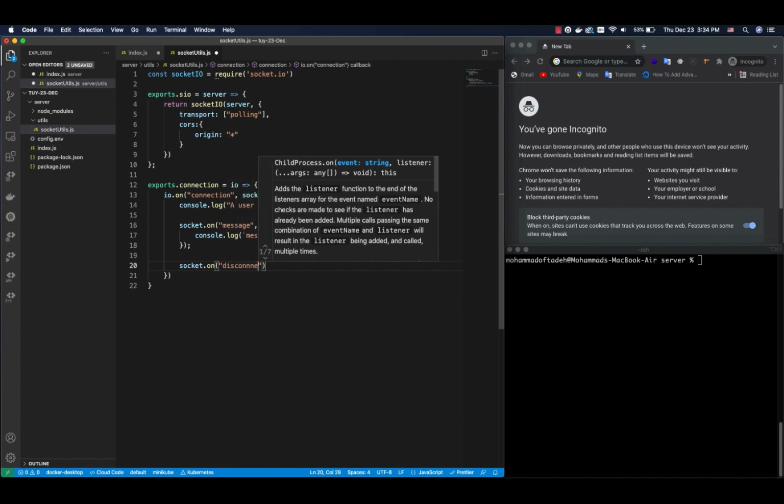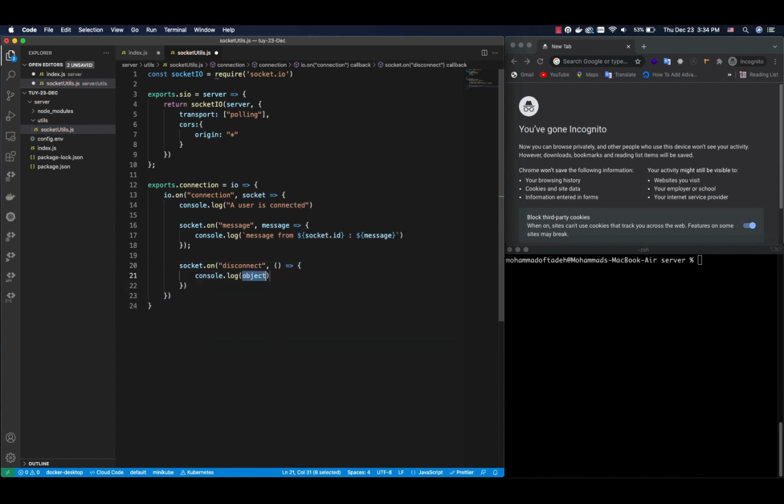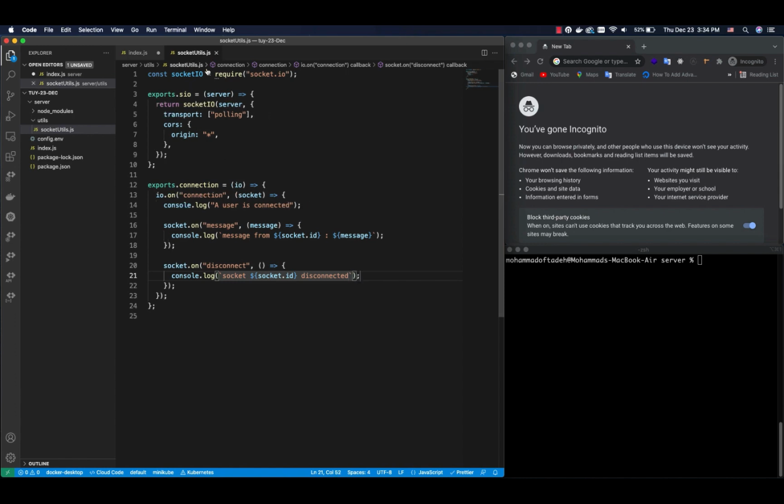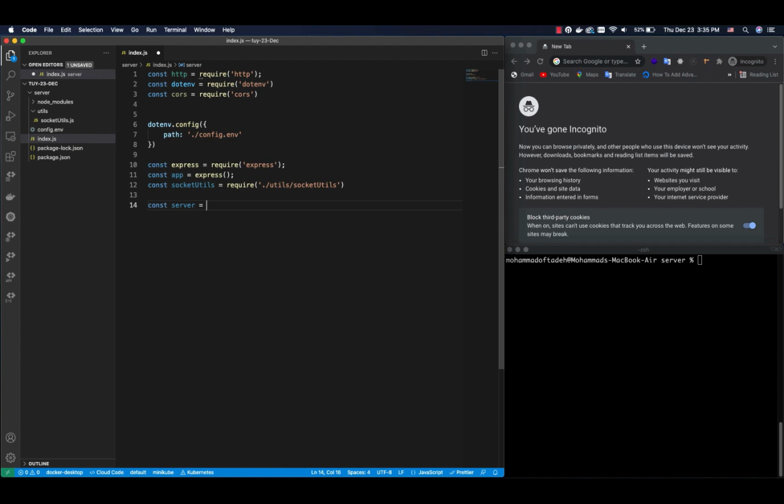When a user closes the browser or closes the socket, the disconnect event is emitted, and console.log socket.id disconnected. Okay, and save the file and back to the index.js file, const server, http.createServer